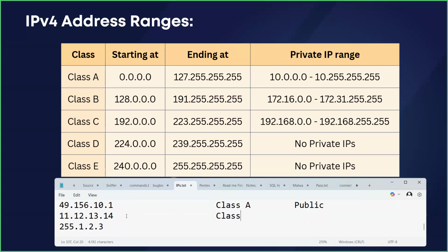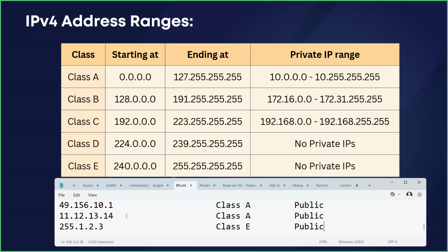Next one. Class A. Public. Correct. Next one. Class E. Public. Correct answer, guys. So that is how, as soon as you look at an IP, you have to figure out,